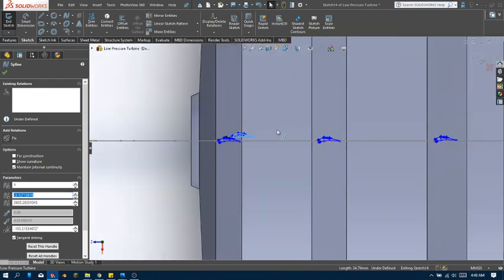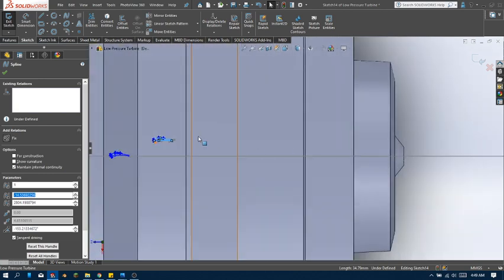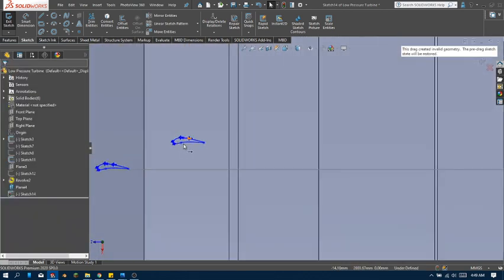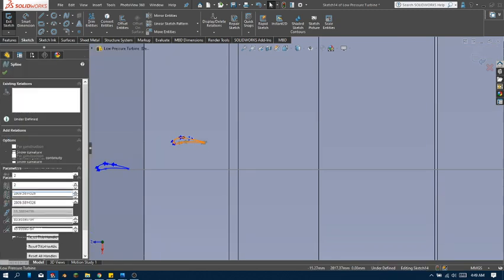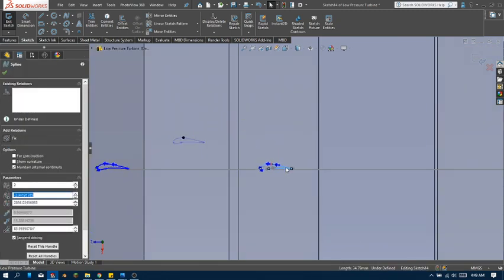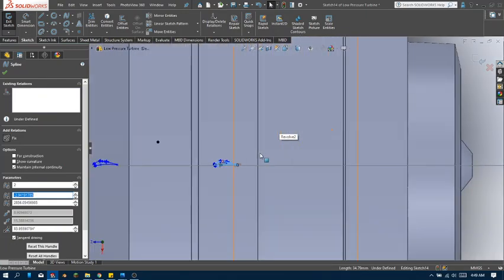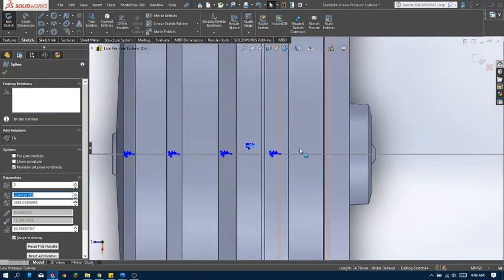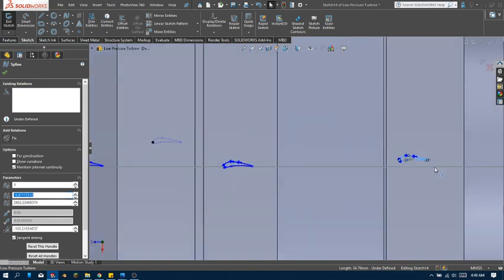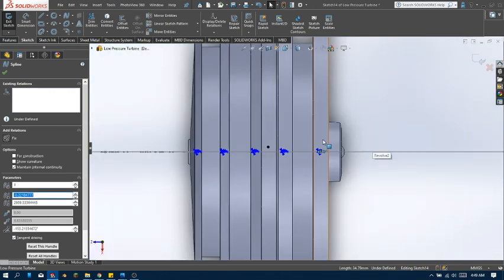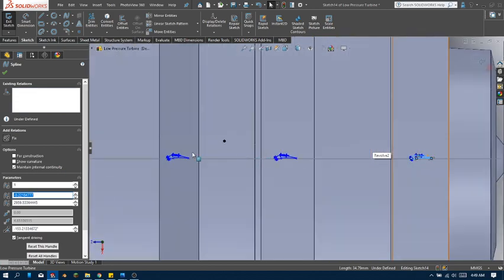V. Oh, just make sure that you don't do that. Sometimes you select the wrong point and it just messes up the whole thing. Control C and Control V. Right. So for some of these airfoils, they need to be larger